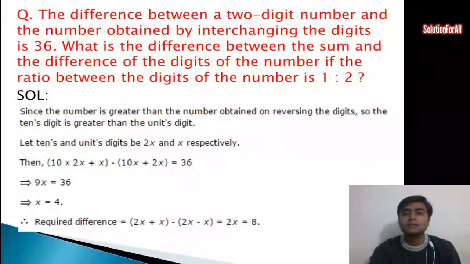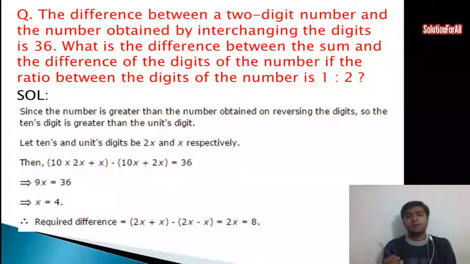Okay, let us see here what we have given. The given data is the difference between a two-digit number and the number obtained by interchanging the digits is 36. Now what is given? The ratio between the digits of the number is 1 upon 2. Okay, let us consider a number be xy. So the number at the tenth place is x. I have considered it for my convenience. One is x, another is y.